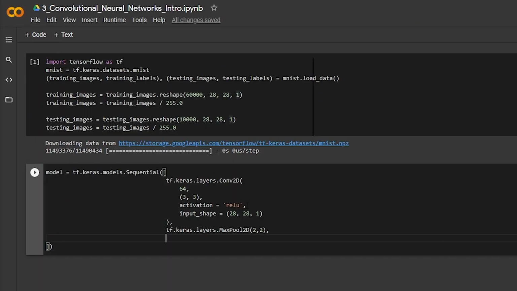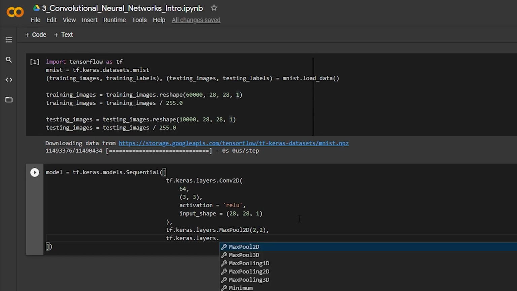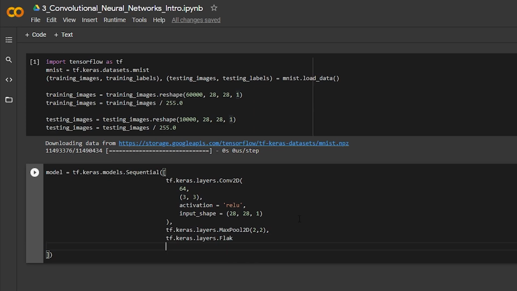Now let us try to flatten this. Right after you applied the Conv2D and then the max pool, we have to say tf.keras.layers.Flatten. Flatten is going to make that massive convolution into a vector of neurons.